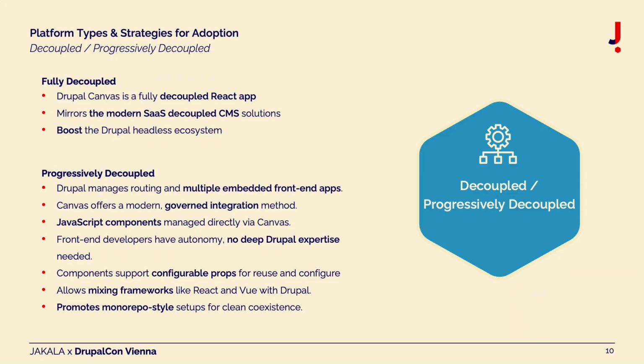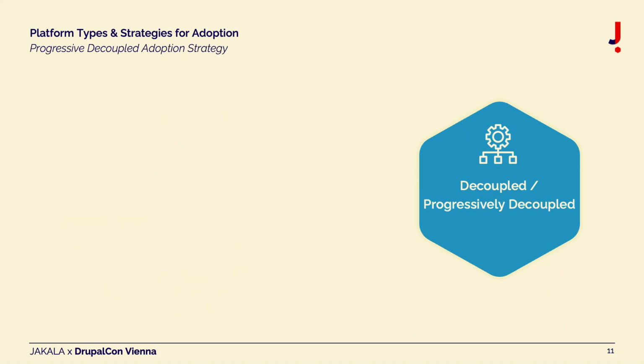Having this, in fact, allows us to mix frameworks and brings Drupal closer to monorepo style architectures, where we have a single repository in which we can orchestrate Drupal alongside many other smaller applications, right? So that's something that really makes a change. And saying this, let's see how we can adopt Drupal Canvas within our existing